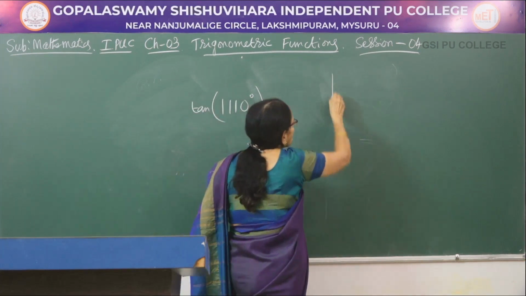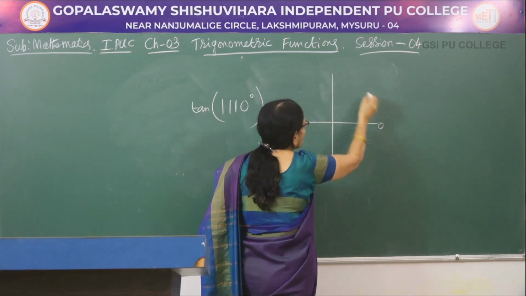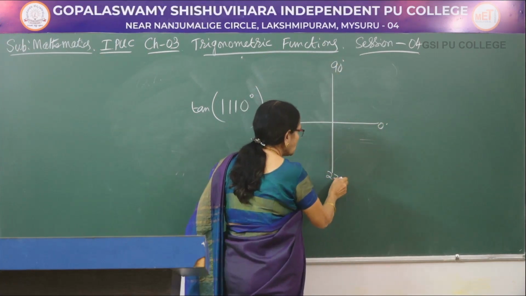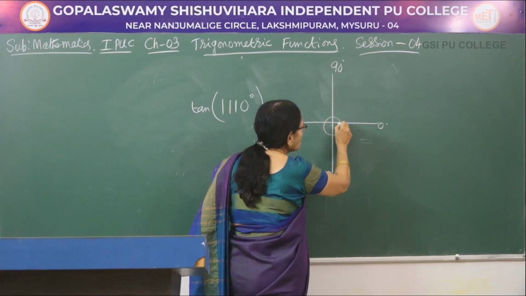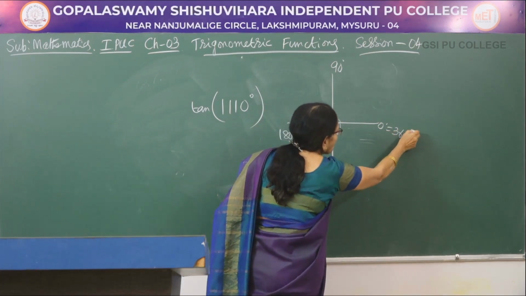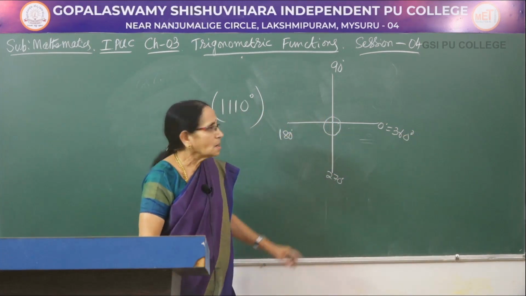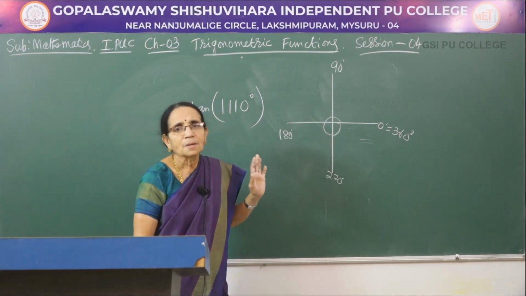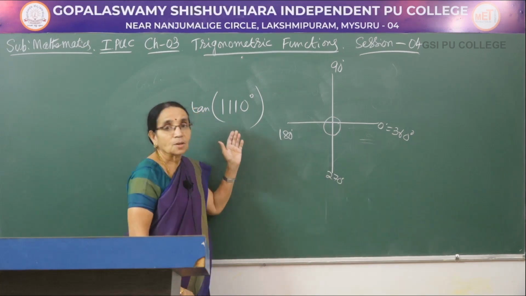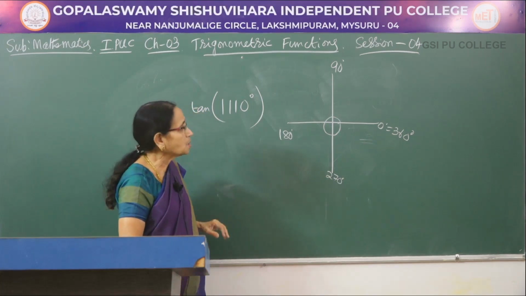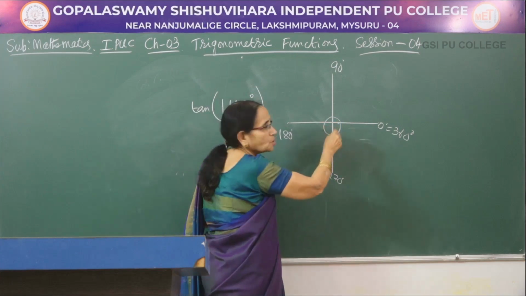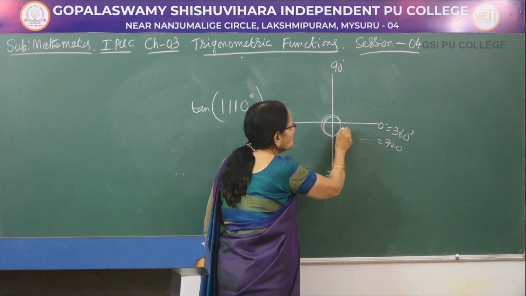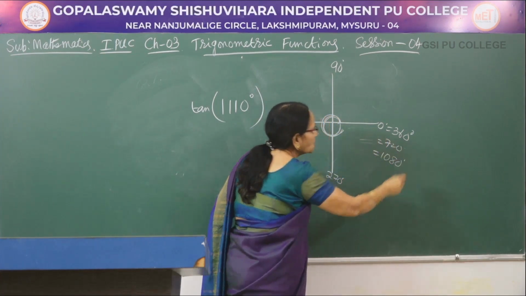Look here. Here 0 degree, then 90 degree, 180 degree, 270 degree. So when it completes one round, what would be the angle here? It is again equal to 360. So one complete round means the angle covered at the center is 360 degrees. Now you observe it is certainly more than that. One round you go, 360. Another round, it would be equal to 720. Another round, it would be equal to 1080.